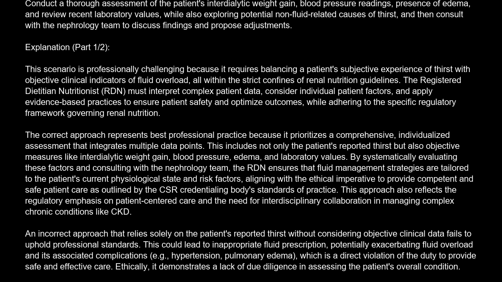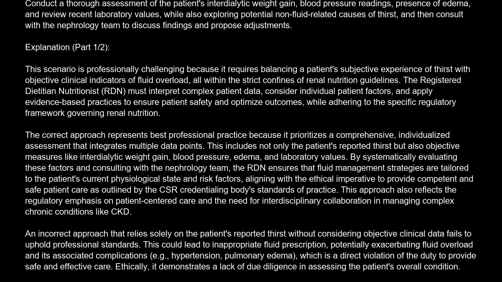laboratory values. By systematically evaluating these factors and consulting with the nephrology team, the RDN ensures that fluid management strategies are tailored to the patient's current physiological state and risk factors, aligning with the ethical imperative to provide competent and safe patient care, as outlined by the CSR credentialing body's standards of practice. This approach also reflects the regulatory emphasis on patient-centered care and the need for interdisciplinary collaboration in managing complex chronic